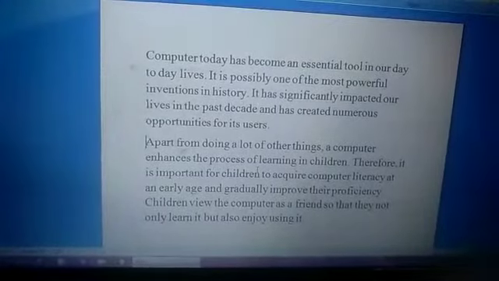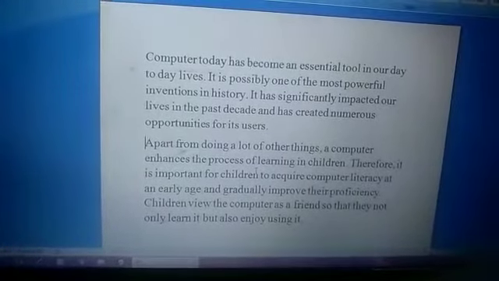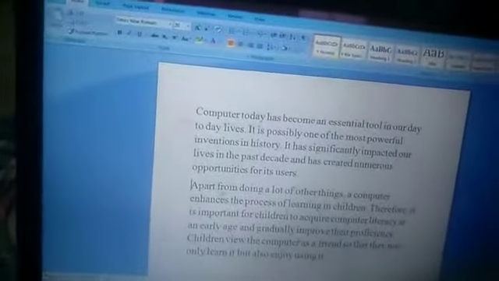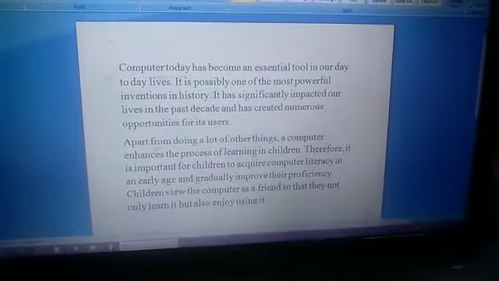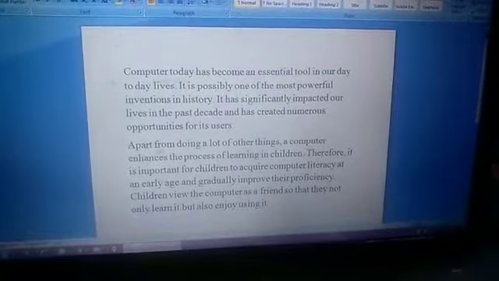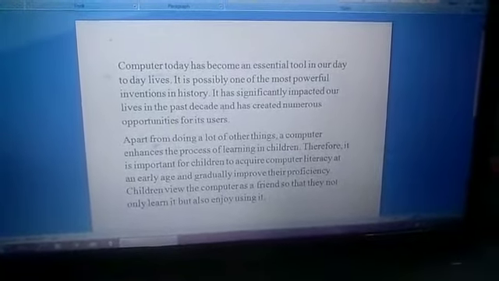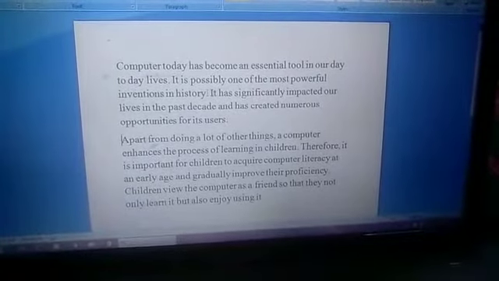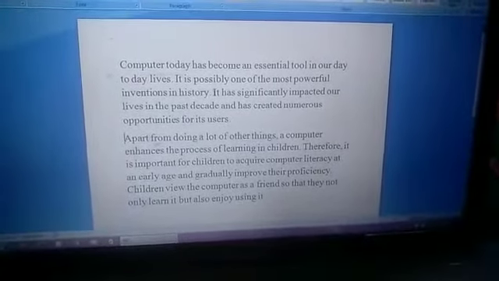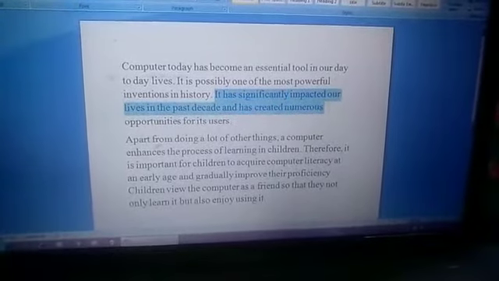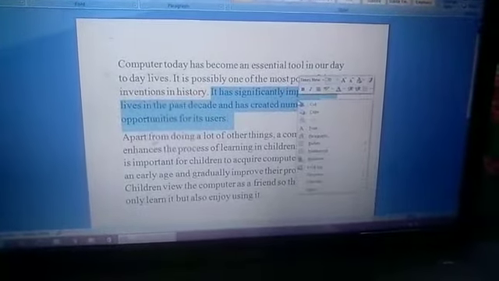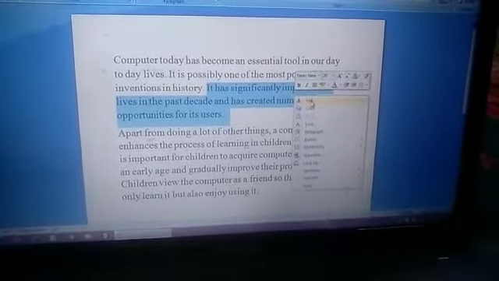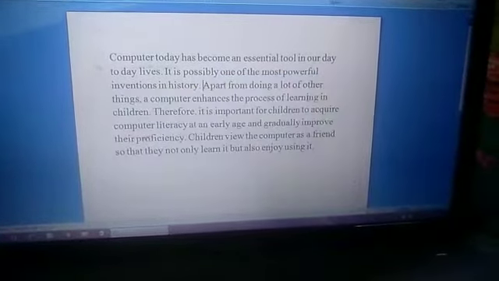Now children, we will learn how to move the text and how to copy the text. If I want this line to come to the end of this paragraph, I will bring the cursor here, select it and right click, you will get the cut option, just click it.